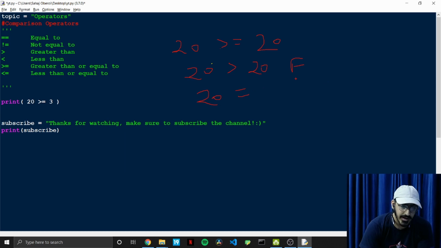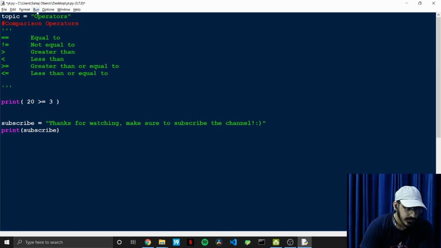So we have something like 201 here. In this case also, 201 fails. So basically in both the conditions false is being returned, so ultimately false will be the answer.